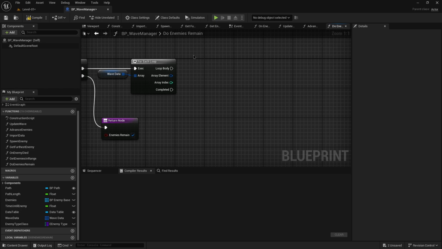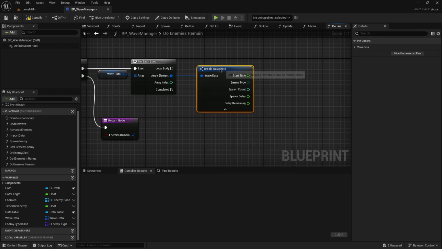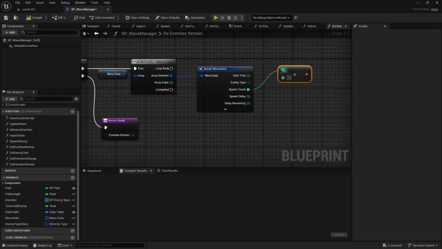In the case where there's no active enemies, but we want to check whether there's any waves that still have enemies, we can then break out our wave data. As a reminder, the way that this is being updated is as we go through and update the wave, we're taking our wave data, we're checking the delay remaining, and then we're decrementing spawn count. So spawn count will end up at 0 when there's no more spawns for that specific wave. So we can do that check here as well. So as long as it is greater than 0, so there's still some remaining,